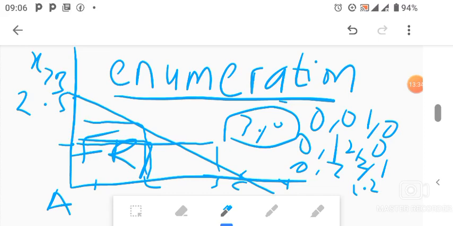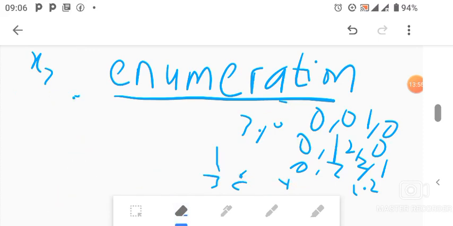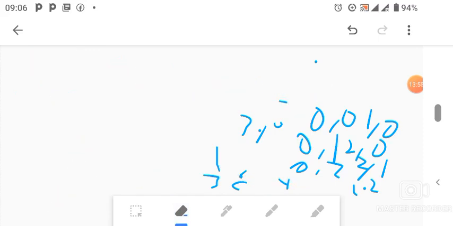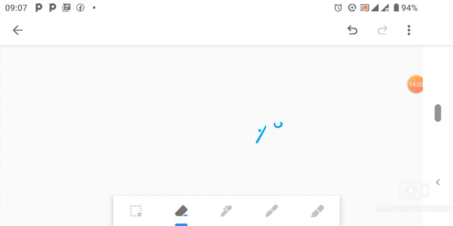We can carry on to the next method, which is what they call branch and bound. It's just another approach. If you haven't used enumeration, you can also use branch and bound. Most of the time, it should lead you to the same outcome as enumeration. So if we look at branch and bound now, it also relates to this graph. I'll be explaining as we move through branch and bound.